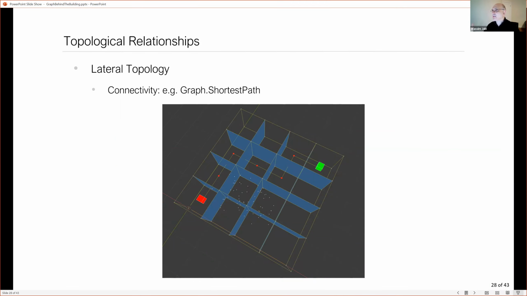We can also have lateral topology at a distance. It's basically finding the shortest distance, but it's shortest distance also with a bit of smarts in it, meaning that because there is a graph operating behind the scenes, I can say, how do I go from the room that has this green cube to the room that has this red cube while avoiding the rooms that are crowded and have a lot of these dots in them, right? So you can see that red path that is being drawn is avoiding the cells that have all these crowded rooms. In case of COVID, that would be amazing.